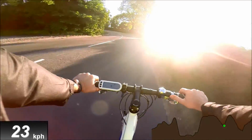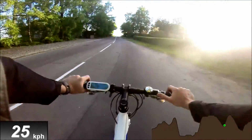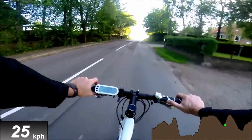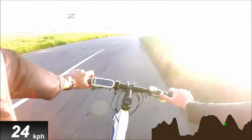I've dropped the first bar now. I guess we have ridden 15 kilometers. Going back to the jumper and the speed. Well,